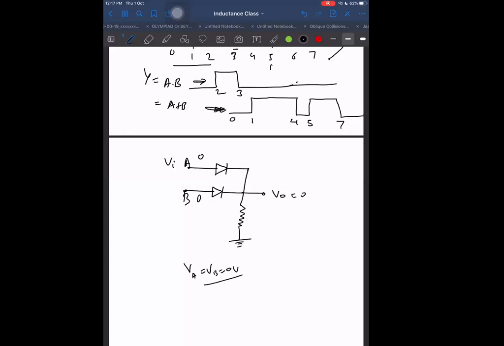And that happens in which case? That happens in both the AND gate as well as the OR gate. In OR gate also 0 plus 0, 0. And in AND gate also 0 plus 0, 0. We cannot tell by one thing. You follow this method, which will always work.